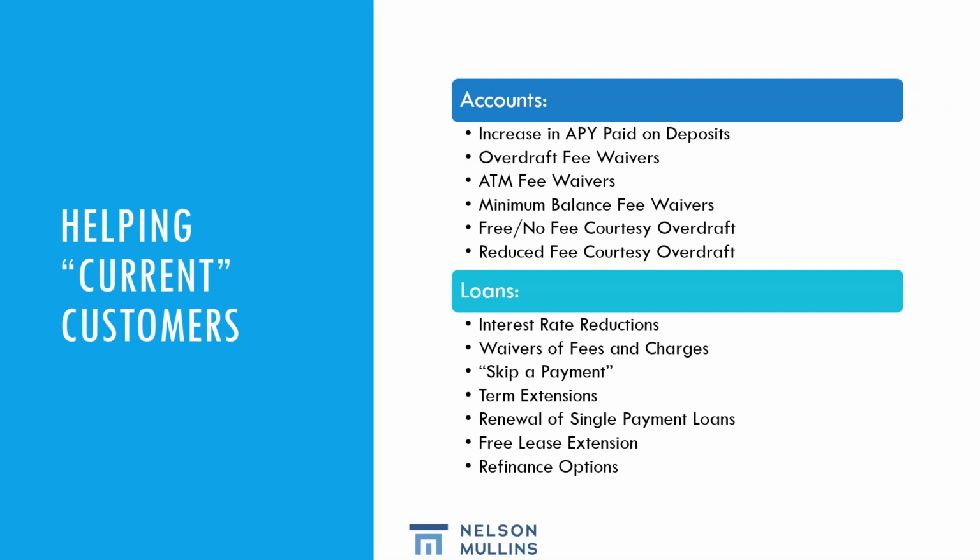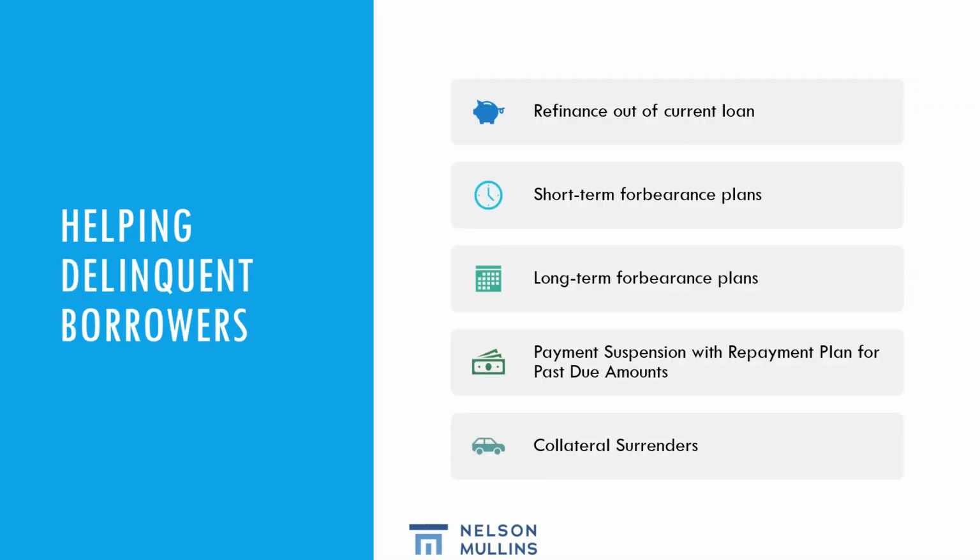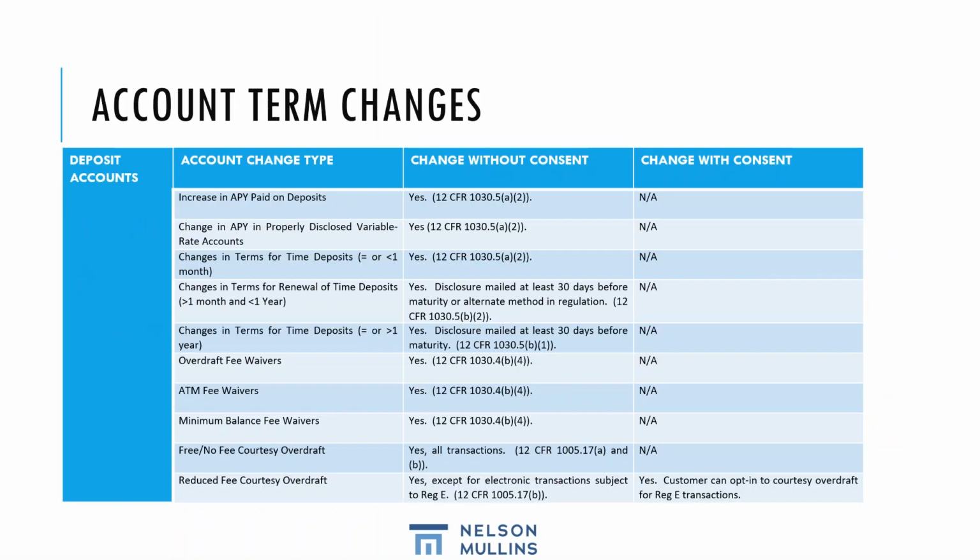it's then going to affect some of the disclosures that you gave that customer, and are you documenting those to the customer so that they can't come back later and say, well, you know, you told me you were going to extend the term, but I didn't realize that would cause my total amount financed to go up, or it would effectively increase the term, so I was paying finance charges more. When we help those delinquent borrowers, there's a lot of different programs out there that we'll talk about in a little bit more detail, but this is really just a checklist for you.